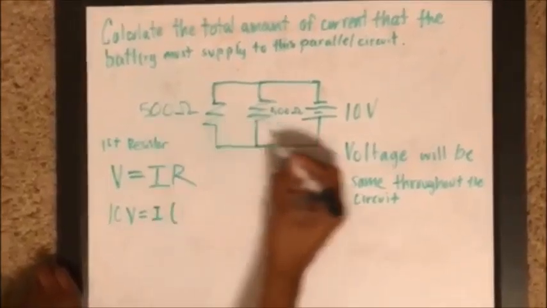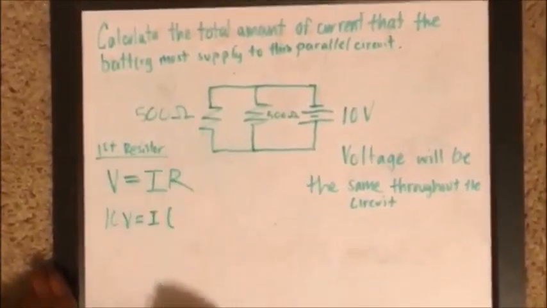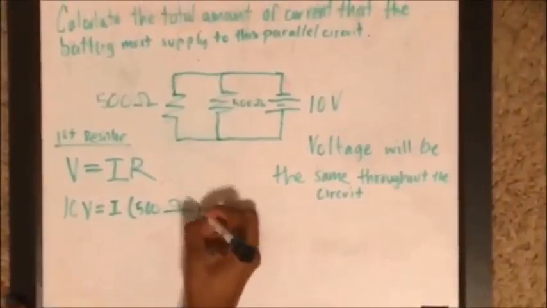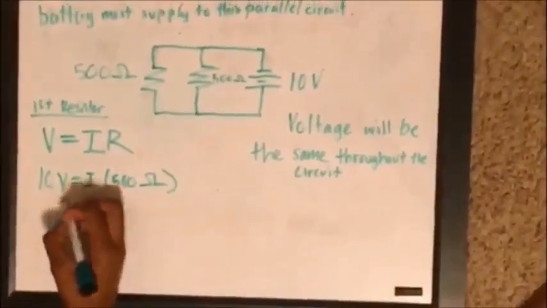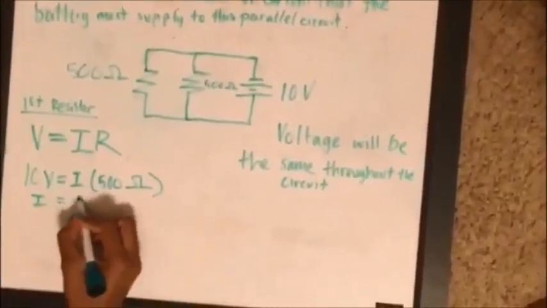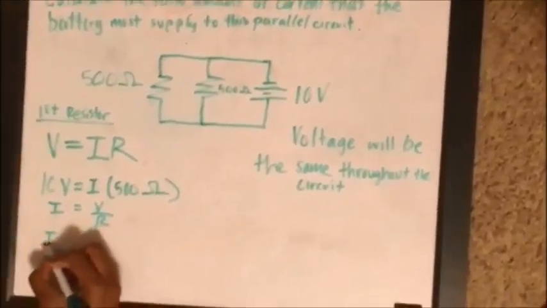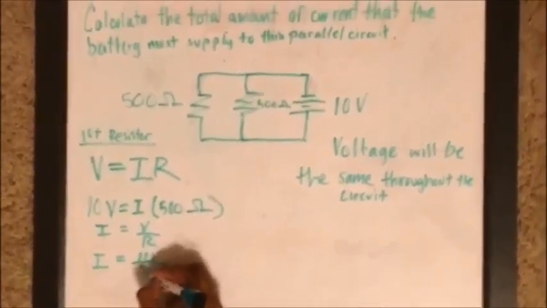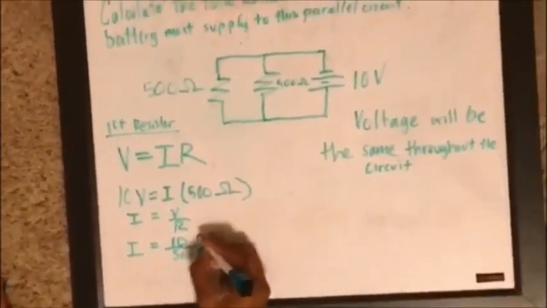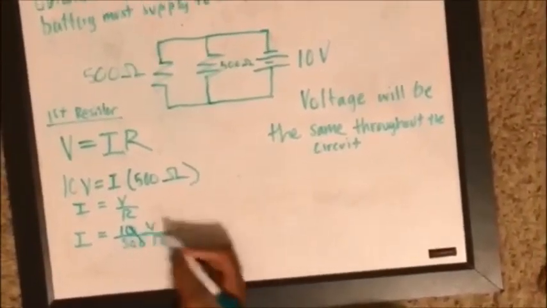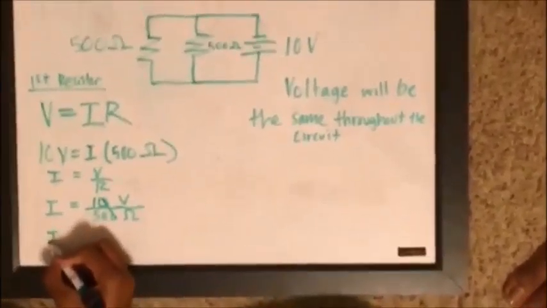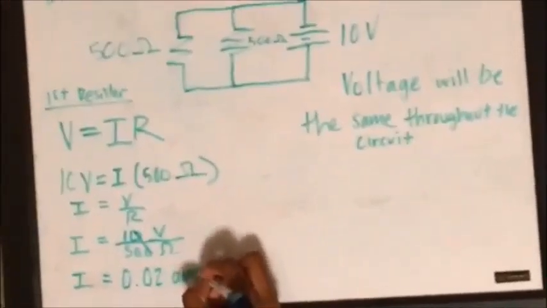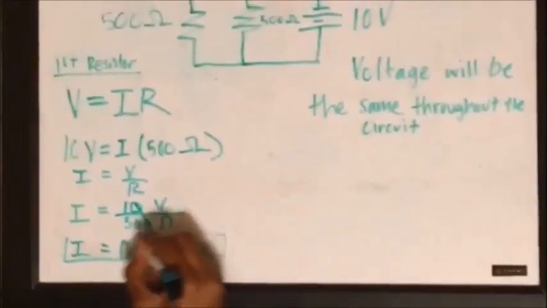Now, going back to Ohm's law, let's fill in the values that we know. So we know the voltage and we know the resistance of the first resistor. So we can fill in 10 volts is equal to I times the 500 ohms of resistor 1. Now if we switch it around, I is equivalent to V divided by R. So we have that I is equal to 10 volts divided by 500 ohms. If we put that in our calculator, we will find that the current for resistor 1 is equal to